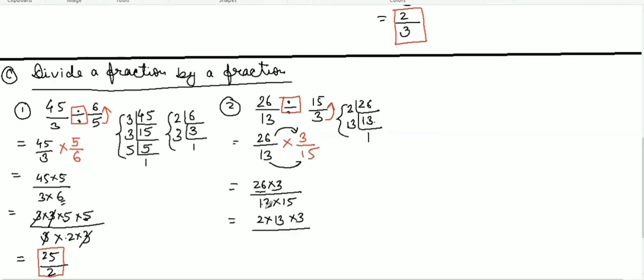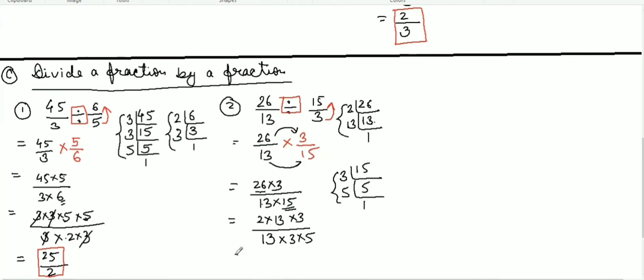We can't find any factor of 13 because 13 is a prime number. So here is 13, and for 15, find the factors of 15. 15 is not divisible by 2, so we can't divide 15 by 2. We will take 3. 3 times 5 is 15, and 5 is a prime number, so 5 times 1. So instead of this 15, we will write 3 times 5.